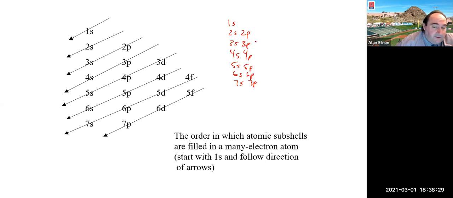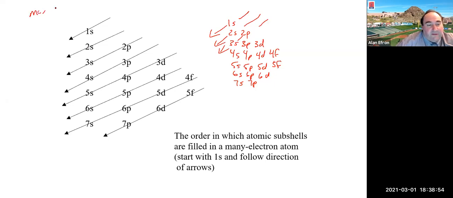Remember, d orbitals don't start until the third energy level, so you go to 3, 4, 5, and 6. F's don't start until the fourth. And you can recreate this pretty quickly. We always start at the top, and we zigzag back and forth until we fill it. So zigzag, zigzag. If you know this order, and you know that an S maxes out at 2 electrons, a P subshell maxes out at 6, a D subshell maxes out at 10, and an F subshell maxes out at 14,